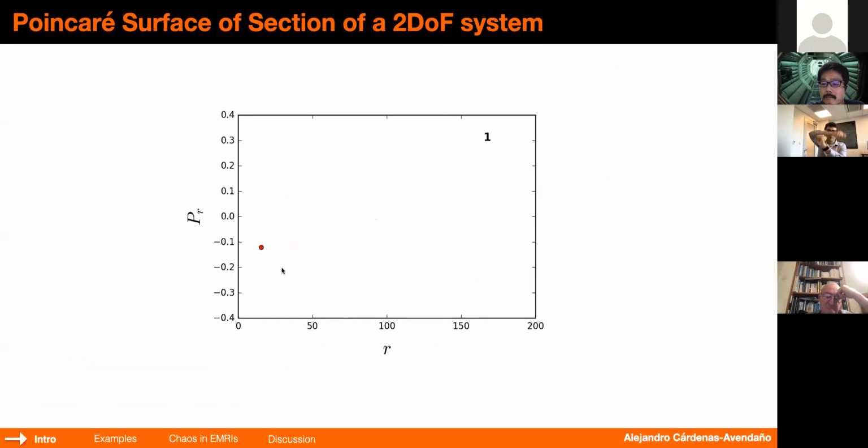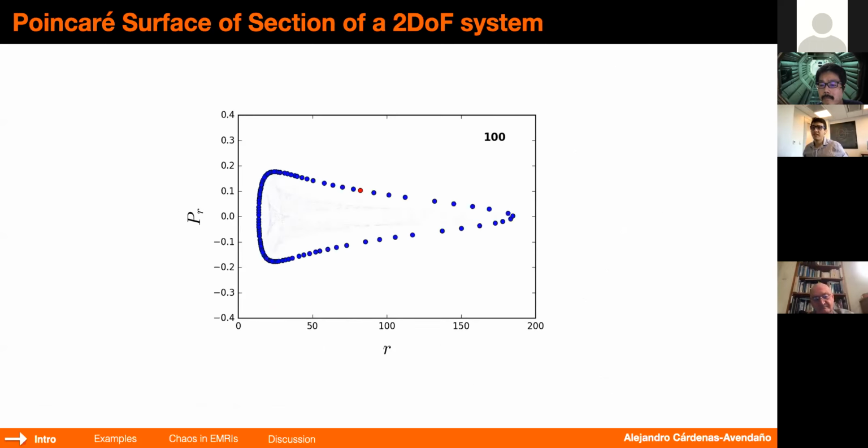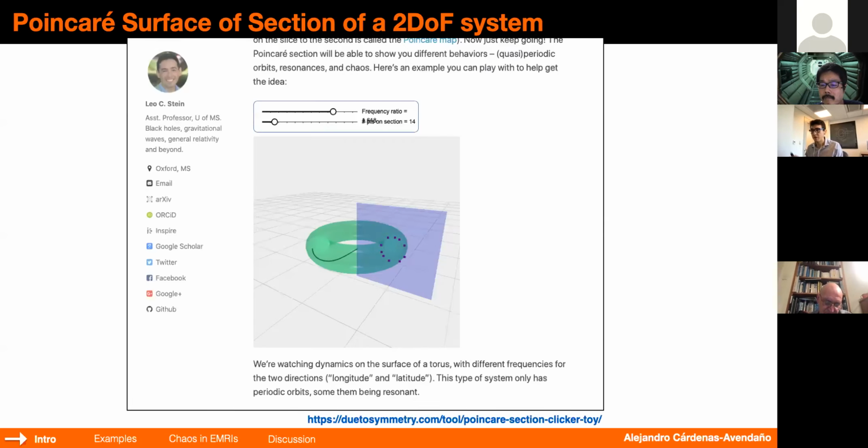And then the particle continues evolving. It goes another time. It pierces again the equatorial plane and does that, and it does this. So this is the way that we can create what is called the Poincare surface of section. So if you remember, for each initial condition, we can create one of these nice surfaces. And then you do this for sufficiently enough piercings of this structure, and then you form what is called the Poincare surface of section, which is another way to look at the dynamics of the system. You can play, if you go to Leo's webpage and create this for different initial conditions and do that actually in a dynamical way, very interesting with this Java application that Leo created.